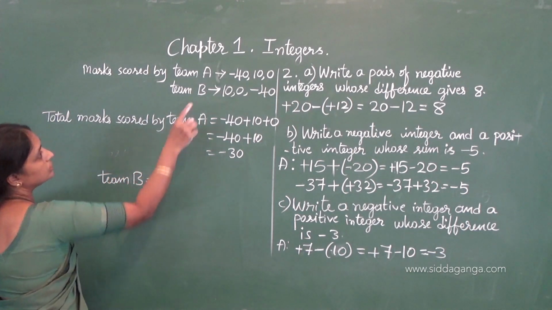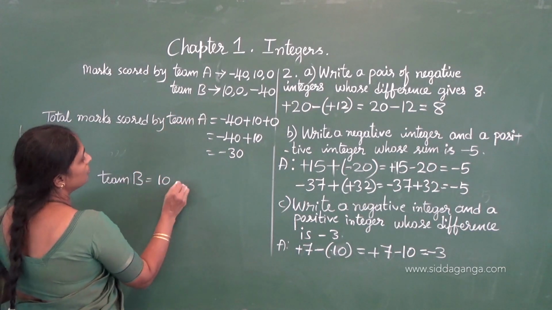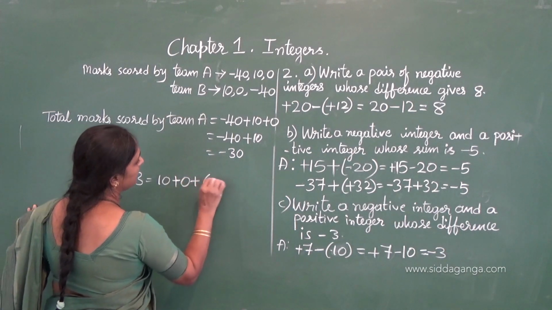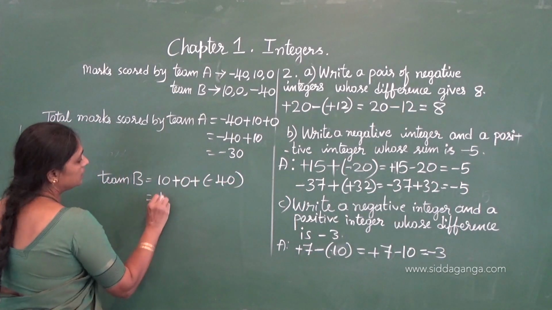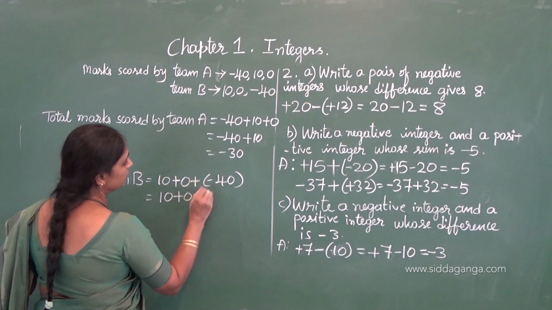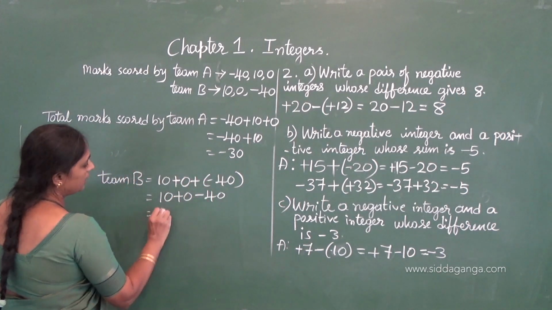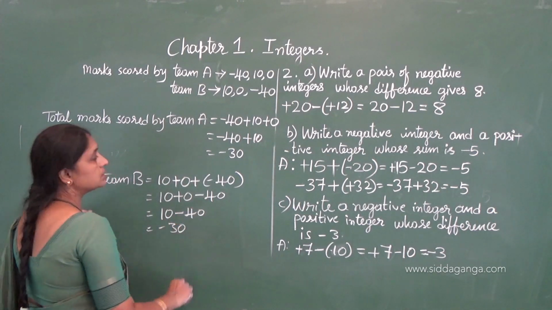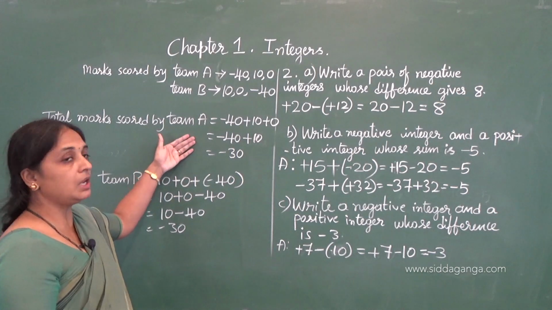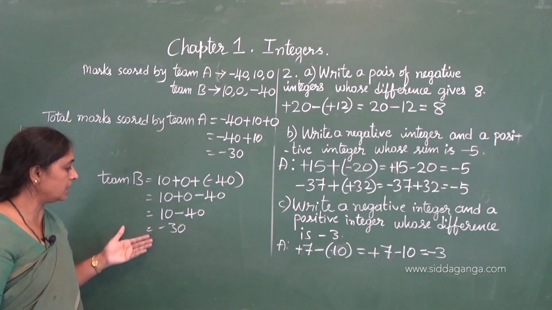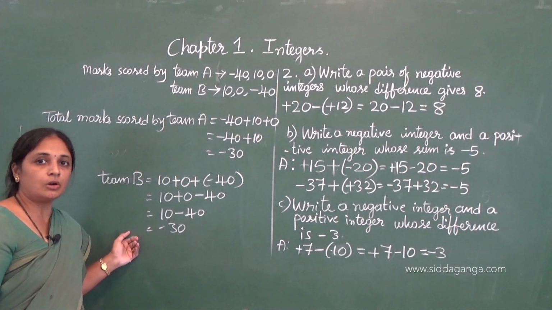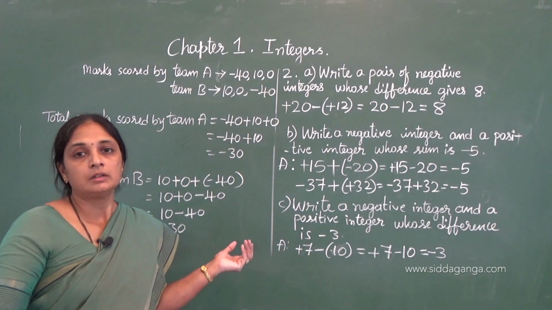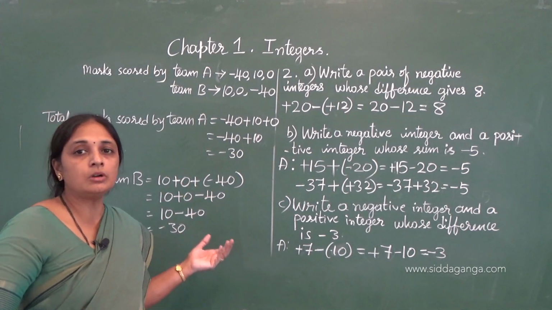B is equal to, again we have to add the scores, 10 plus 0 plus minus 40. Okay, 10 plus 0 plus minus 40. It's 10 minus 40, then we get minus 30. So Team A scored minus 30 and Team B also scored minus 30. Then what's the difference between them? Nothing. They scored minus